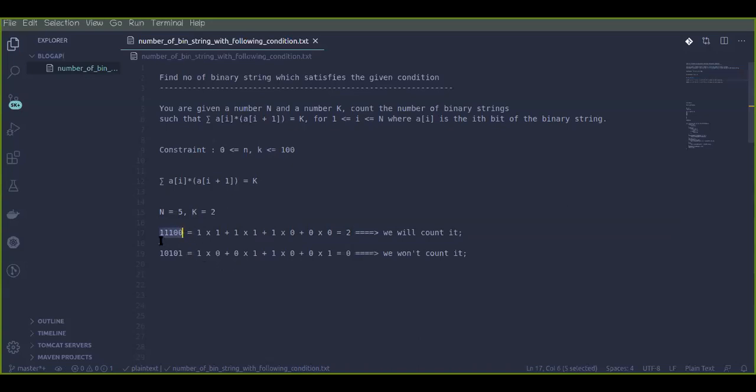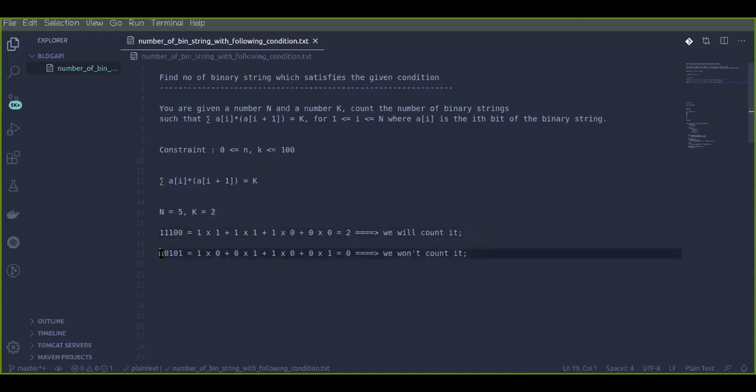If we find all the multiplications of the adjacent bits and sum them up, what will we get? 1 into 1 plus this one into this one plus this one into this 0, and so on and so forth. It will give me the result 2, which is nothing but the value of k. So here it just met the condition. That is why we will simply count it.